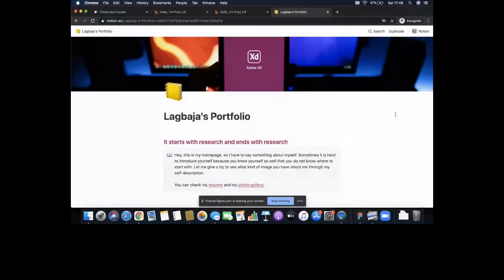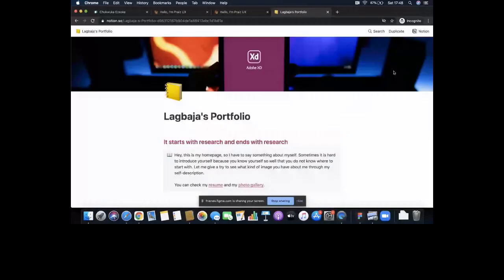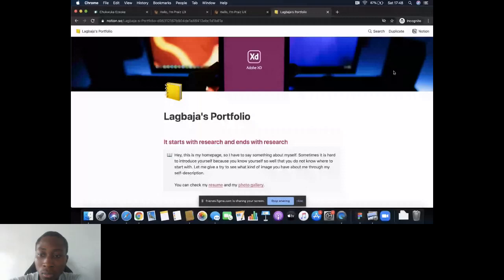Anybody can as well duplicate your project, duplicate any page that they like on this project. If you wish that they duplicate it, like this one, anybody can duplicate it because it's a sample, you are free to leave it there. But if you don't want it duplicated, we are going to come back to our settings to correct that.